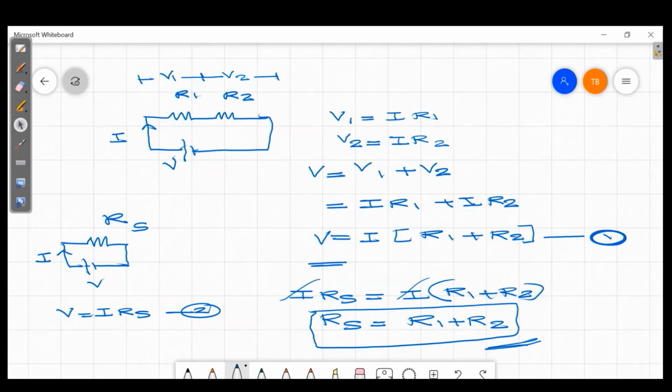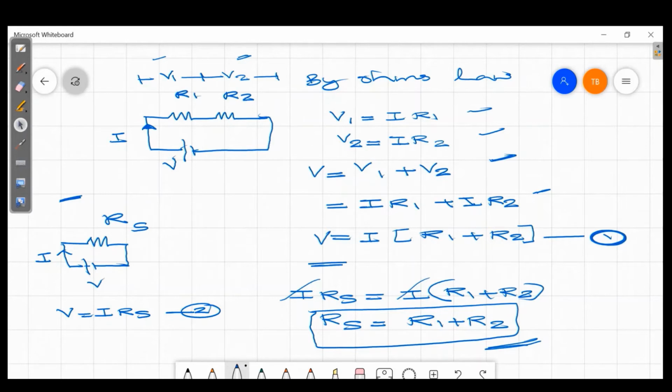Okay, so I think, did you want to repeat the whole steps? Yeah, okay, we can repeat it. Just look back at the figure. We are connecting two resistors R1 and R2, and the voltages are V1 and V2. Then by Ohm's law, if it is right, you will get the full marks. So by Ohm's law, V1 is equal to I into R1, V2 is equal to I into R2. Total voltage V is equal to the sum of the individual voltages, IR1 plus IR2. Then we are going to another figure, with IRS and V.